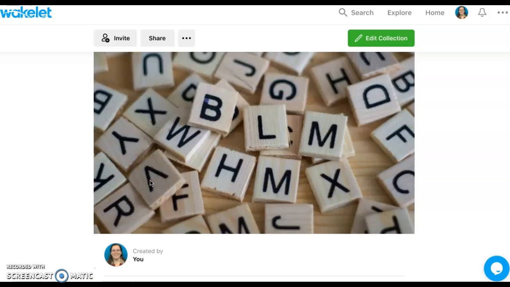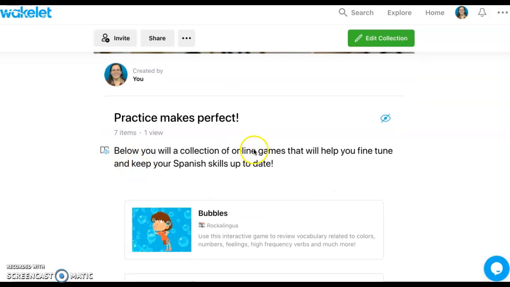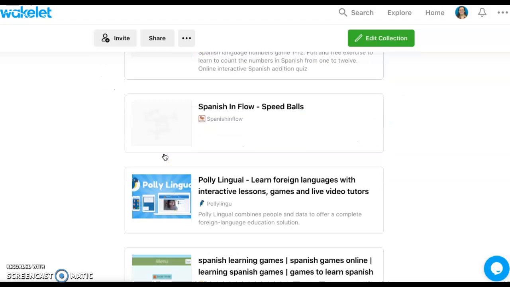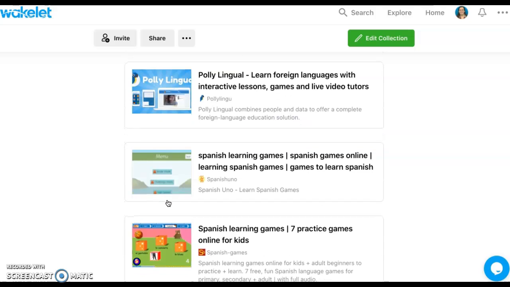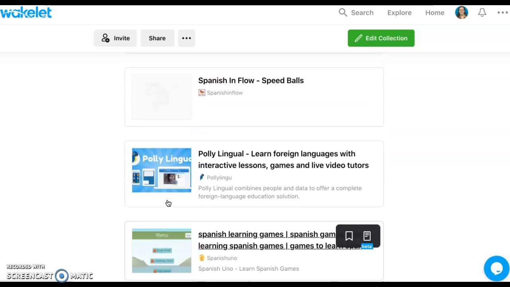The link that will pop up for the first Wakelet, which is the one filled with games, will look something like this. And it just tells you below a brief description of all the online games you will find. You can click on any of the links and it will bring you to those specific games. It's just a few websites that offer you a couple games that you can play to help you practice your